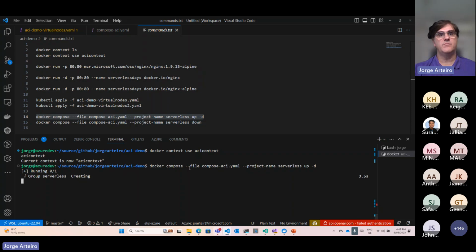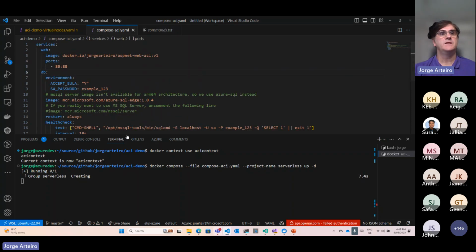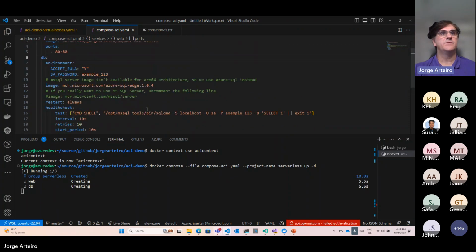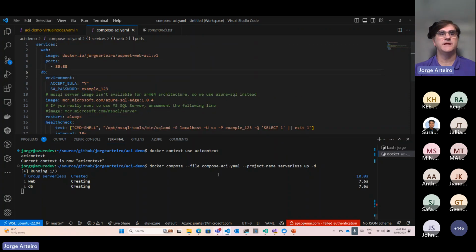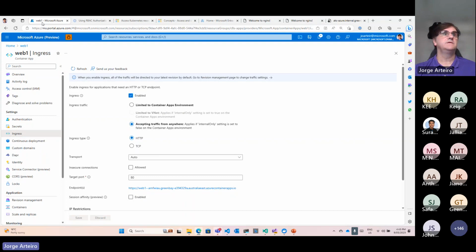There you go. I use Docker Compose with this file. That's the Compose file that I have open here. It's going to create a web application and a DB, a database, a SQL Server, SQL Edge. It's a way to work with SQL Server on Azure Container Instances. It's not going to be running locally, because I'm asking to create it on Azure. And that's a nice one.